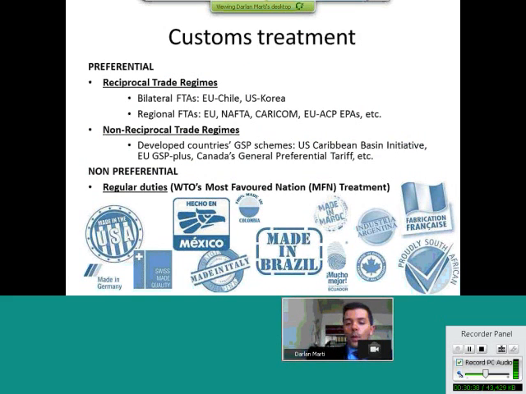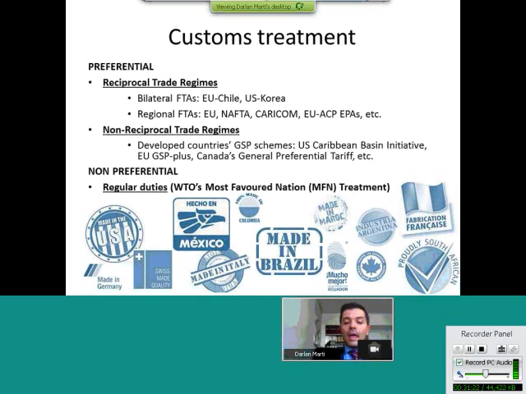Now, this is just a summary. When it comes to preferential treatment, you have, as I said, a maze of possibilities. There are many types of different agreements that could come across. There are bilateral agreements. This is the case of, say, EU-Chile, US-Korea, the case of, for instance, the agreement that one specific country can negotiate with another one. You have regional free trade agreements, like the EU, like NAFTA, like CARICOM as well. And then you have region-to-region agreements also, and this would be the case, for instance, of the European Union CARIFORUM